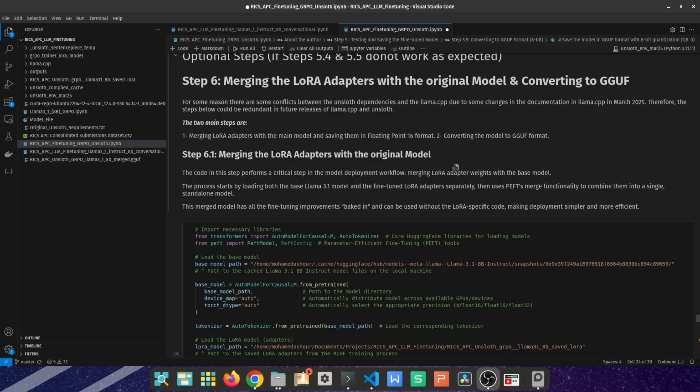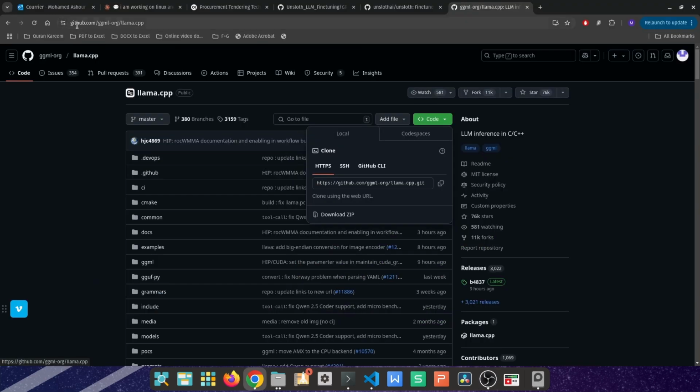This part of the video is all about how we can use Llama.cpp to compile the LoRA adapters together with the original model, save them in one merged model as a 16-bit, and then quantize into 8-bit format using Llama.cpp, and not relying solely on the connection between Llama.cpp and Unsloth under the Unsloth main library. So the way to do this, you can go to